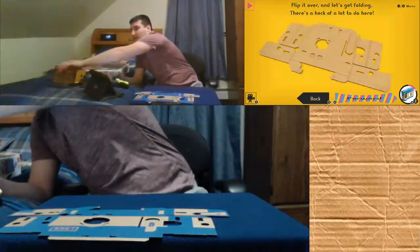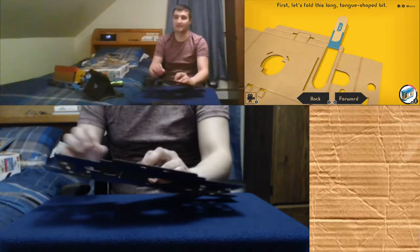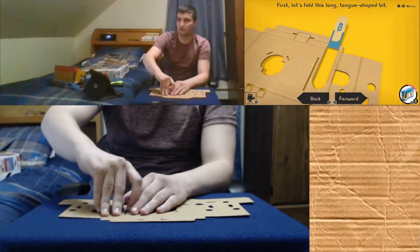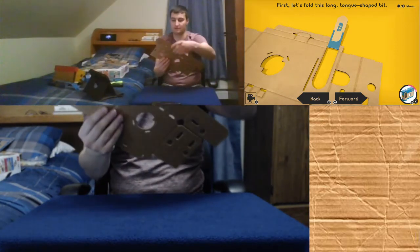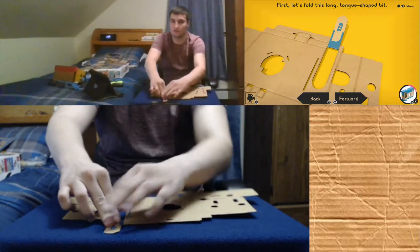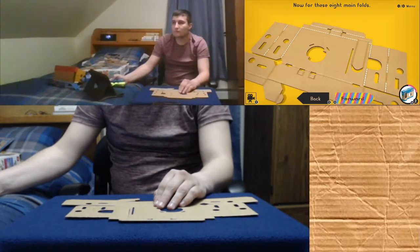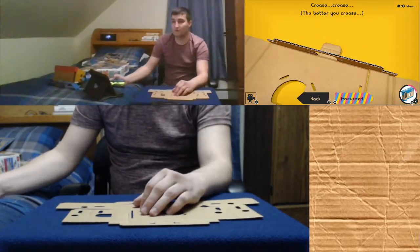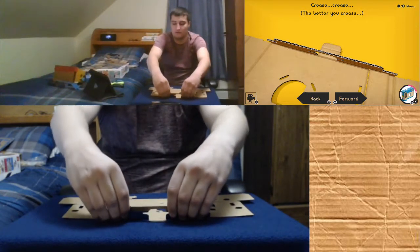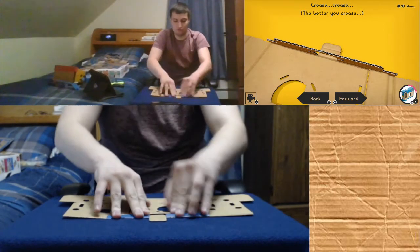Okay, make sure you've cleared enough space to fold it. I'm already way ahead of you. I'll be extra careful with folding long sections, but first, let's not do a long section. Let's fold the Joy-Con piece out. That is the piece, right? So we're gonna fold that over the existing cardboard. Now there are 8 main folds. Alright, leave the tab down, bring this whole thing up, and get to